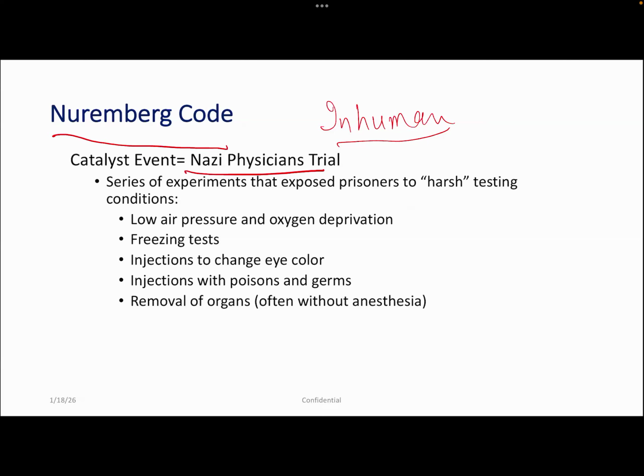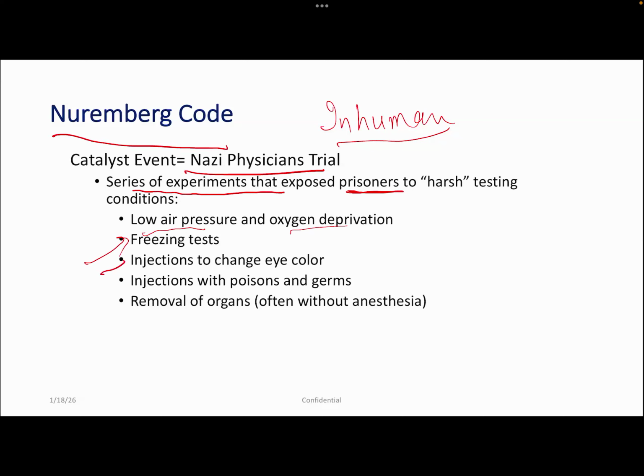So this happened because of the Nazi physician trial. This was more a military experimentation, and it was intentional. So they did what they did. They did a series of experiments, especially on the prisoners. And their testing was very, very harsh. Their intent was to harm only, like keeping people under low air pressure, oxygen deprivation, keeping them at sub-zero temperature like -4 degrees without clothes,